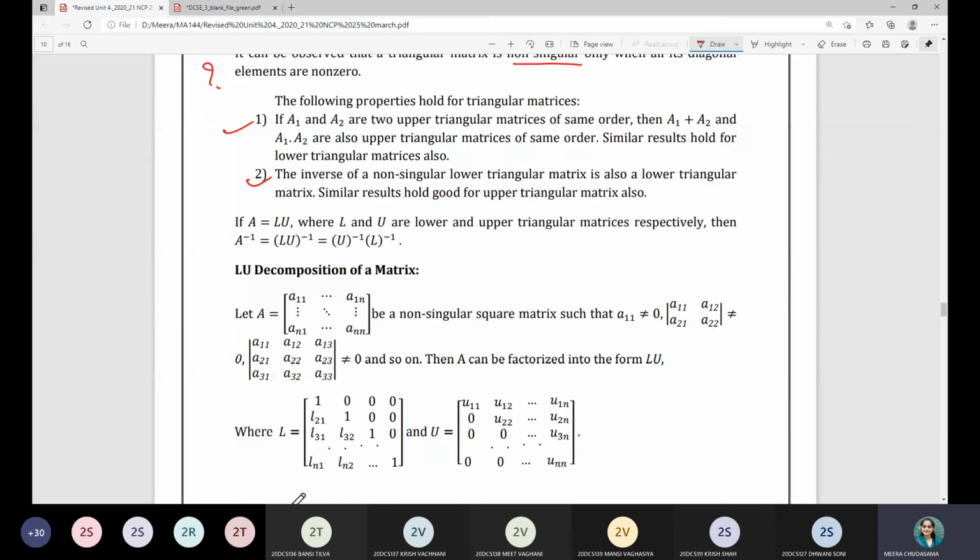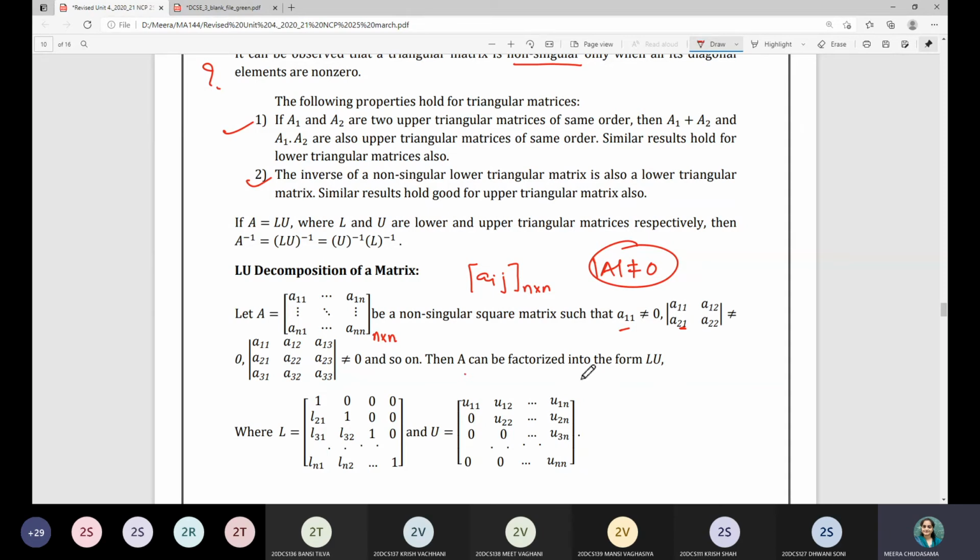Okay, so suppose A you are given is any n cross n matrix. In general, I can write it as Aij, right? And it is a non-singular matrix, that is, determinant of A is not equal to 0. Such that डिटरमिनेंट कब जीरो बनेगा, क्योंकि आप उसके जितने भी सब मैट्रिक्स होंगे, जितने भी ऑर्डर के from 1 to n minus 1, if all of them have minors not equal to 0, then only determinant of A is not equal to 0. So in that case, these are the conditions.